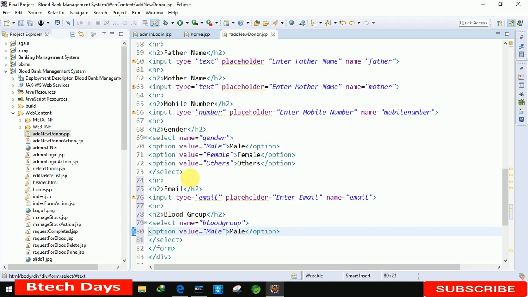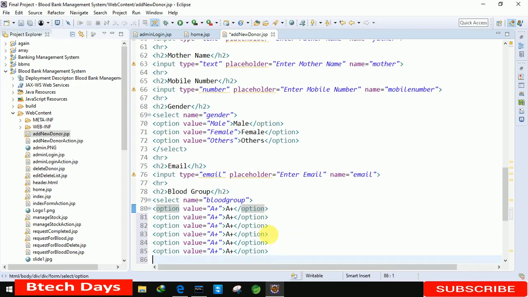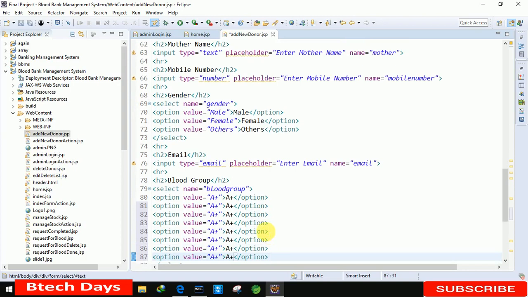So here I'm just pasting it, and the value first we are taking as a positive, and here we write a positive. Okay, so let me copy this 7 more times. Okay, 1 2 3 4 5 6 7. Okay, one by one we are going to change it.